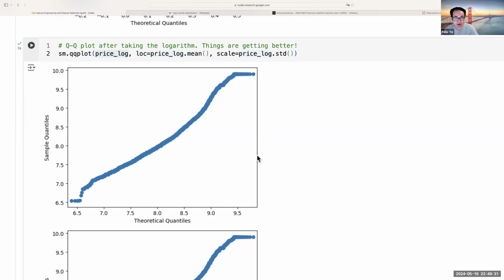It doesn't go like a Gaussian, and those machine learning models may not like it. So a way to do this kind of feature engineering is you can take the logarithm of the prices. In a lot of cases they will be normally distributed, and as a result, these machine learning models will like this kind of data